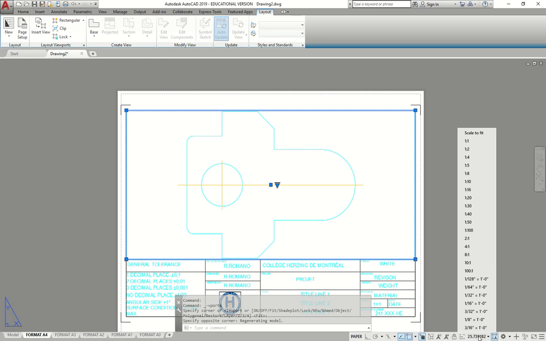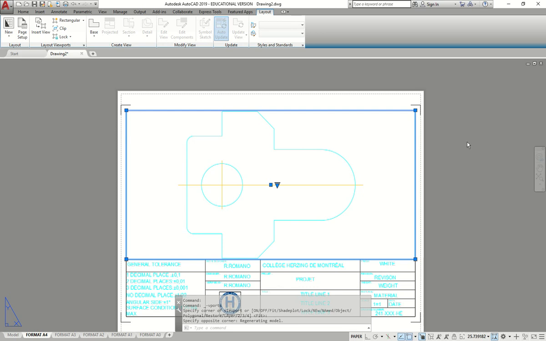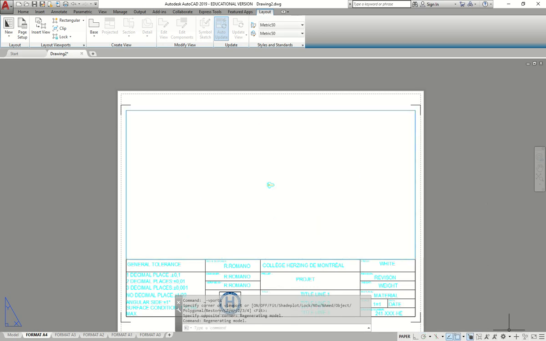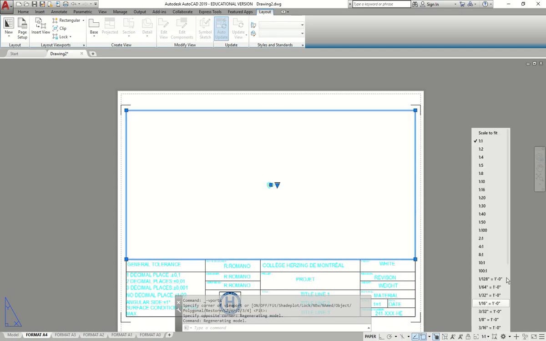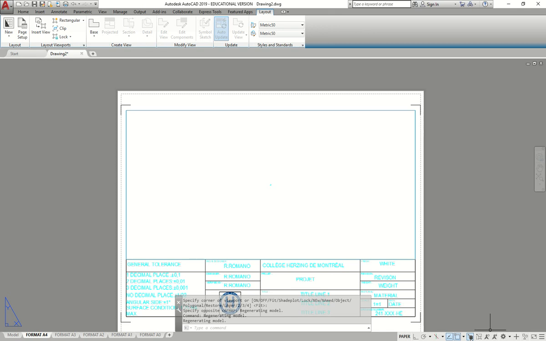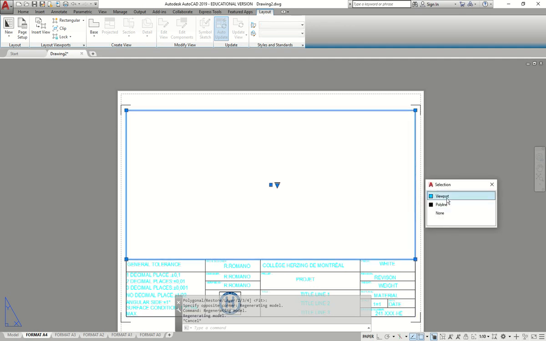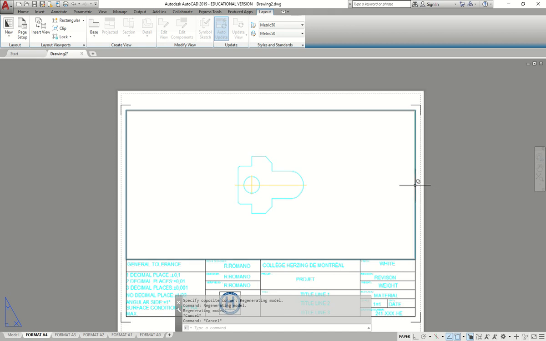we're going to get one that fits. So if we try one-to-one, it's too small. To one. And if you notice, this is the perfect size for what we need. It's not too big, not too small. Once we have the scale we want, we're going to click